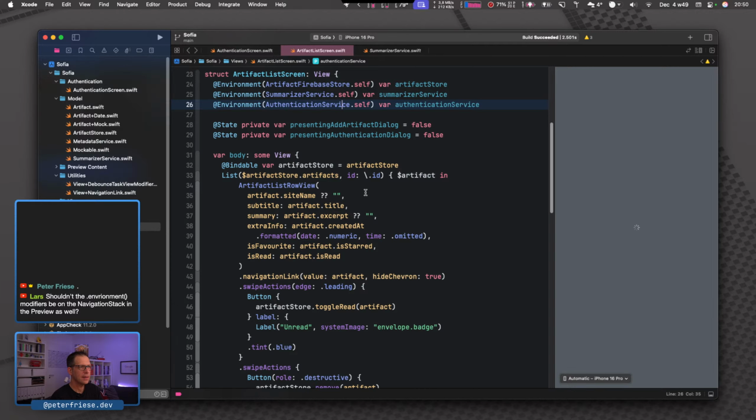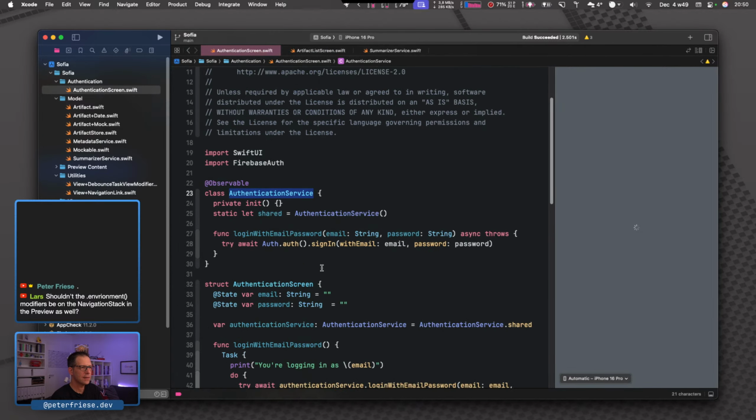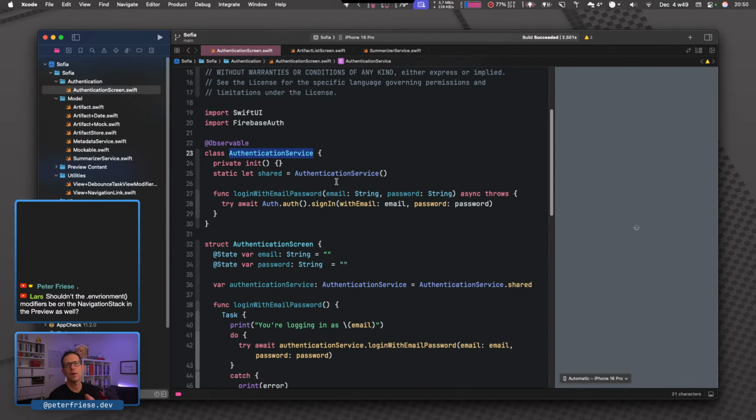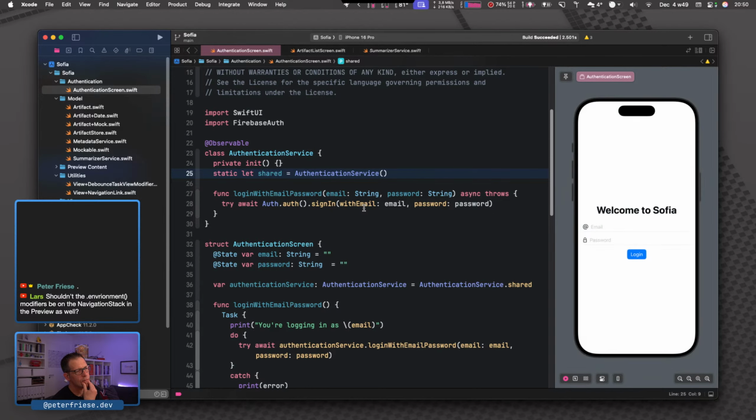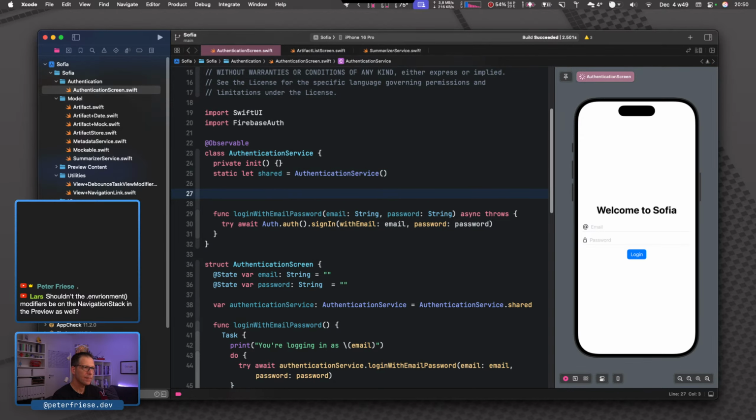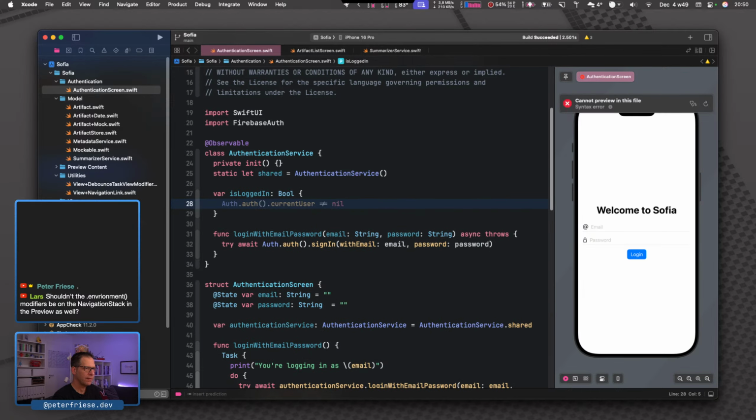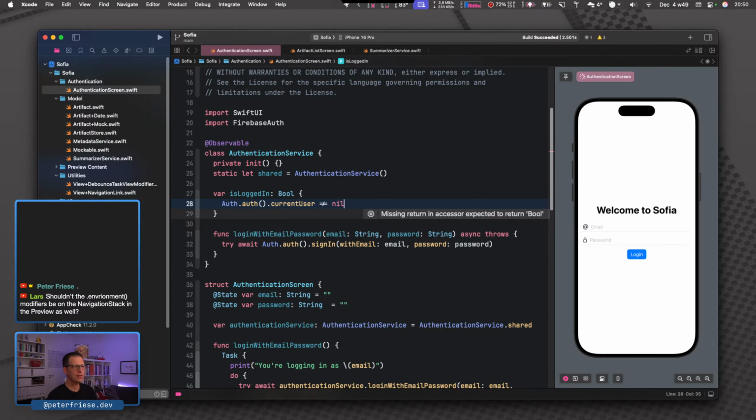And then I need some sort of authentication state on this service here. So maybe we can start simple and let's do this. var isLoggedIn. So it's now suggesting to pull out the information from the auth object here, or from the auth service.